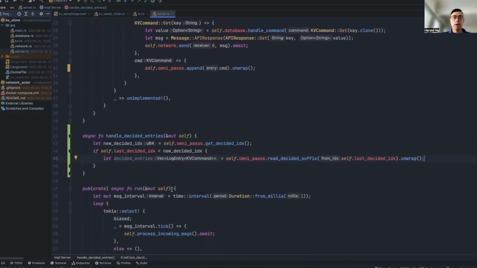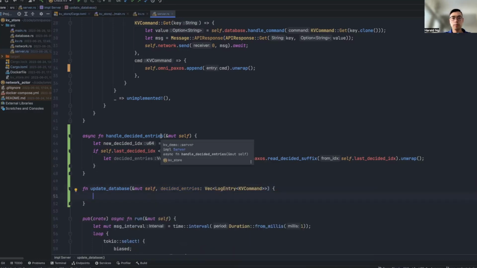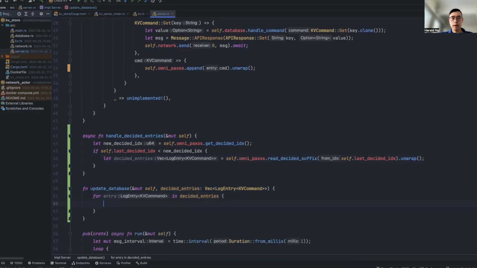Okay, so now what we want to do is, for each of these entries here, apply them to our database. So we will create a new function called update database, which simply takes these decided entries as an argument. And then we simply iterate through each of these decided entries and apply the change